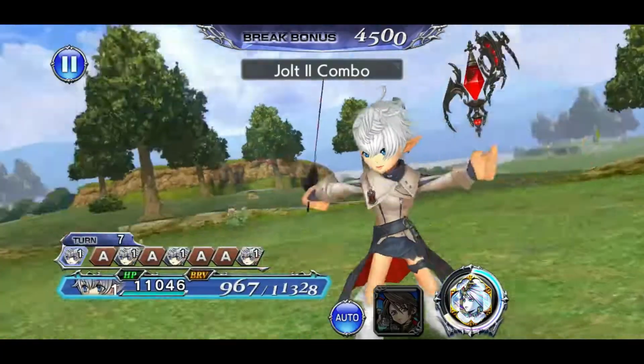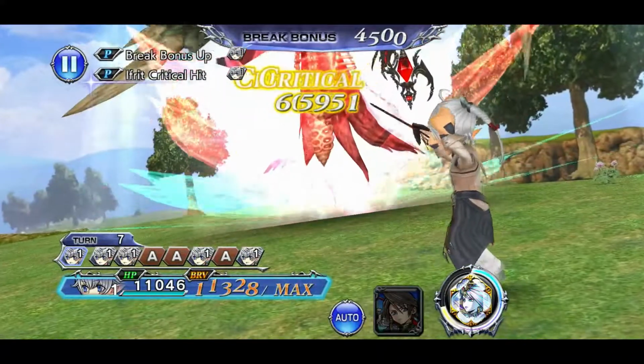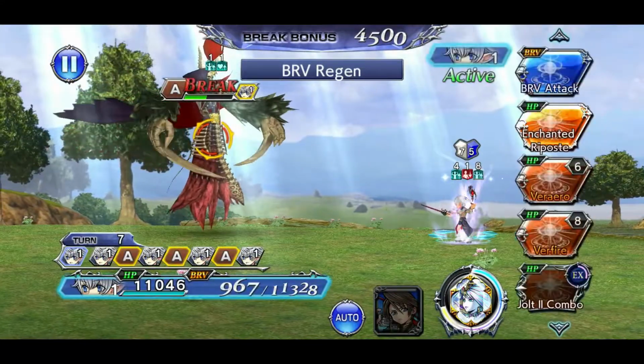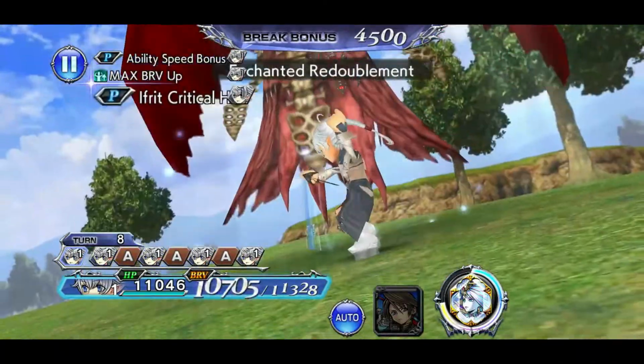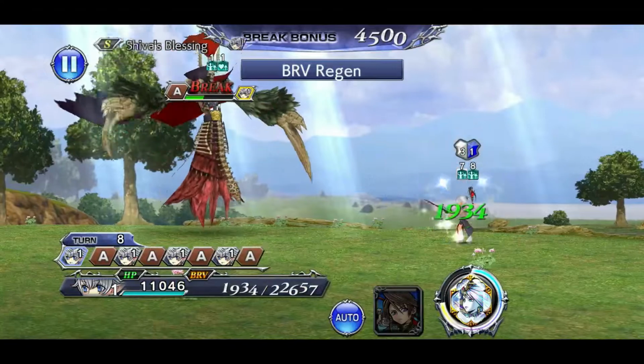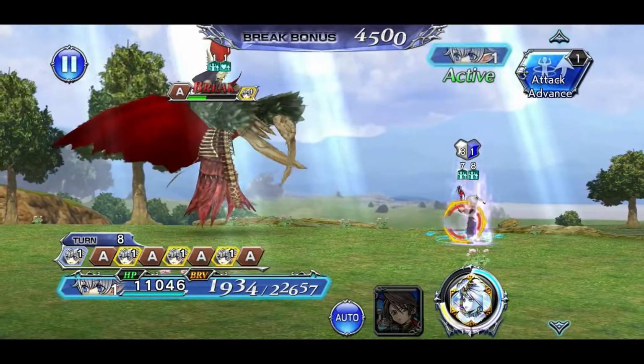So I kind of went with Squall. I was actually looking for a Renoa, but I guess Squall serves the same purpose. I was looking into getting a Renoa because it was more of a magic damage dealer, but it didn't really